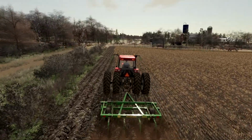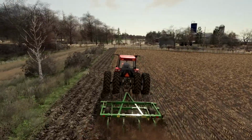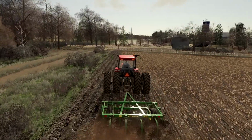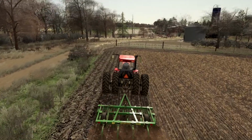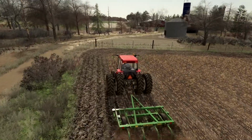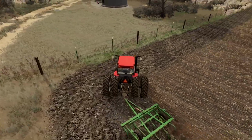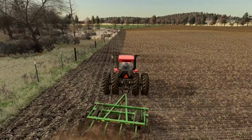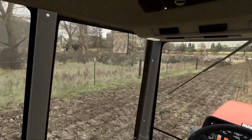Which is gonna kind of allow us to get what we want, to produce the feed that we want. Would love to try and use those harvesters and these grain bins actually that are right in front of us. But if anybody knows how you're supposed to fill these, if we're supposed to be using an auger or something, because I do not have any augers installed, and I do not have a blower, like a silage blower installed